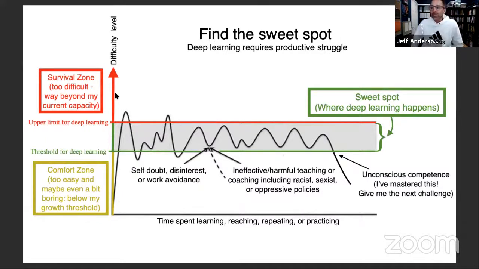In terms of thinking about, I think a lot about math skills. One of the things that's really interesting about developing math concepts is when a teacher asks you to solve a problem that you've solved before and that you remember the solution for, you're probably in your comfort zone. But if a teacher asks you to solve a problem that you've never solved before, involving new ideas, or asks you to solve a problem that you've solved before but you don't remember it, that's usually in your threshold for deep learning. And good teaching involves what we call scaffolding.